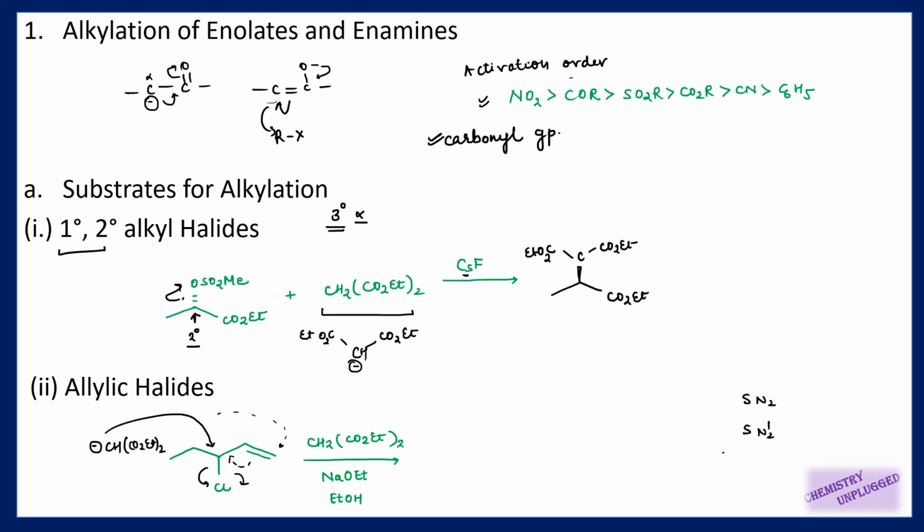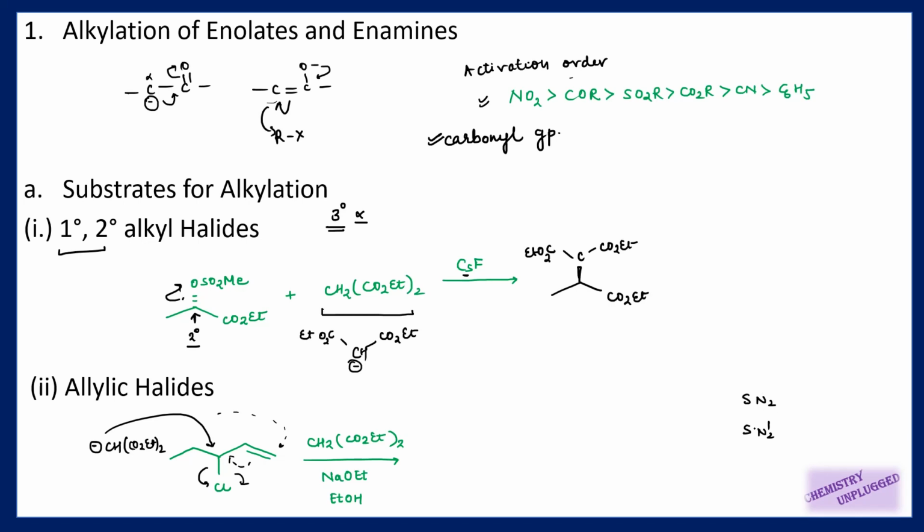There is no strict rule to find out which mechanism will be followed, but it is decided on the basis of the structure of your allylic halide. We have discussed there that it is decided on the basis of the structure of your allylic halide. So first we will see what is SN2. When the nucleophile attacks on this carbon, Cl will be removed. This is the simple SN2 mechanism. And when it attacks on this allylic carbon, this bond will shift here and Cl will be removed. Then it is called the SN2 prime mechanism.